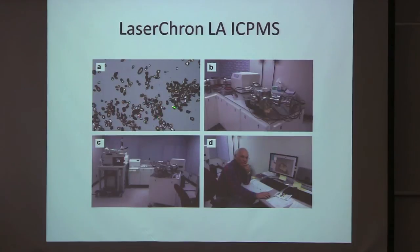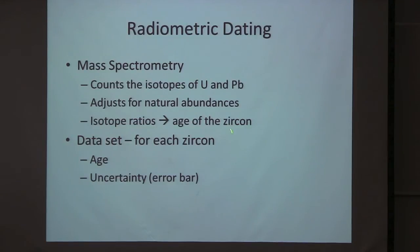And we use a laser, and what I do is I use this computer screen and the mouse, and you hit each of the zircons with the laser to take out the uranium and the lead isotopes. It goes through a device here with a plasma that strips away one or two electrons. That gives it a charge. That allows the mass spectrometer to separate the isotopes by mass,